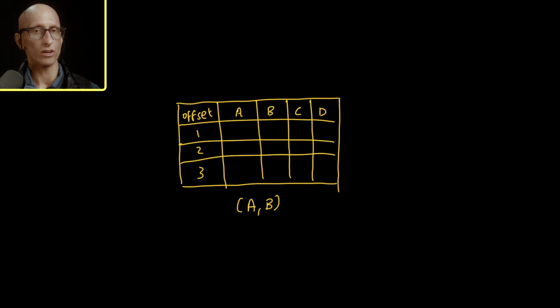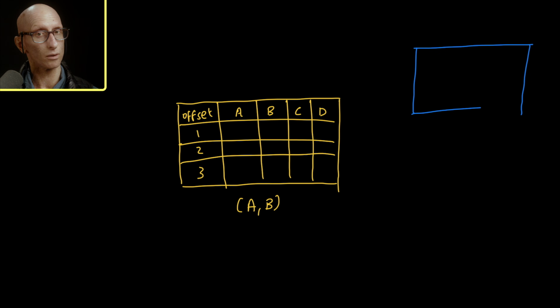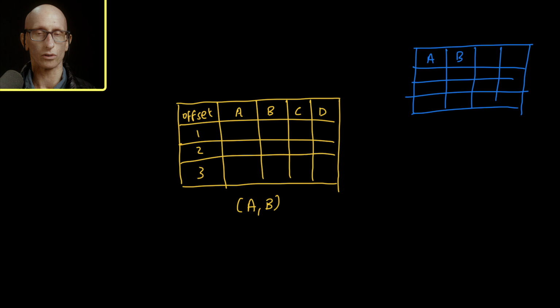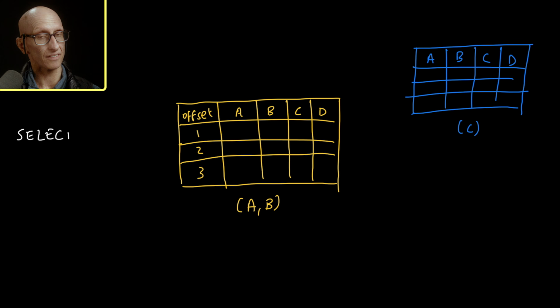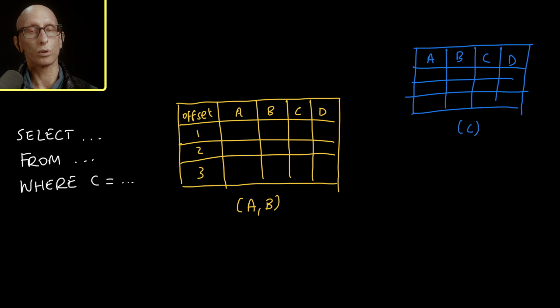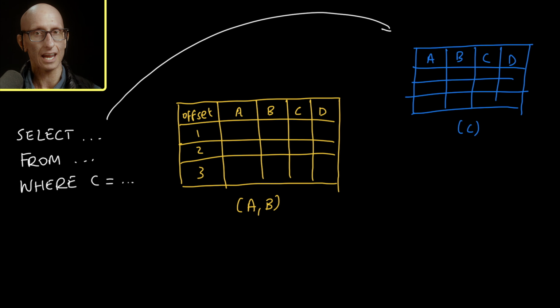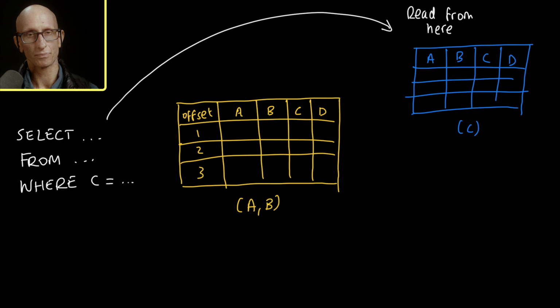But we know that users are going to query by column C. So we create a projection where the data is ordered by column C. What we have here is an automatically maintained hidden copy of the original table, but with a different order key. If we get a query that filters on column C, the query engine will query against our hidden table and read data from that table. Having this projection will speed up queries filtering on column C, but it takes a fair bit of extra storage space. It might even be double having just the original table, depending how well the data compresses when sorted by